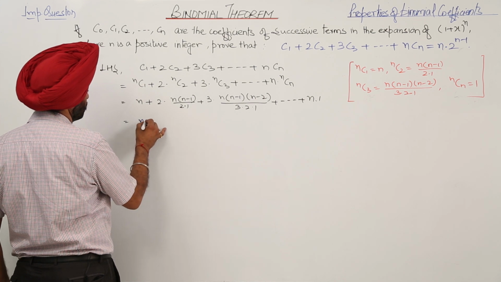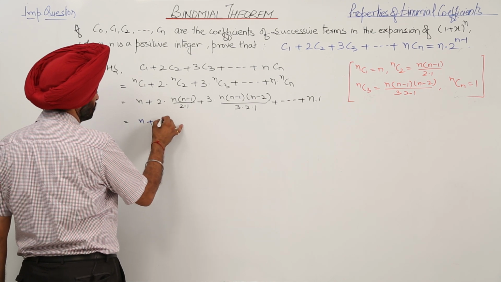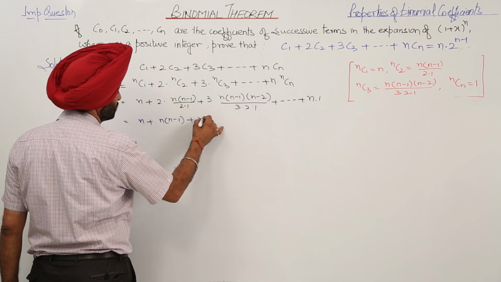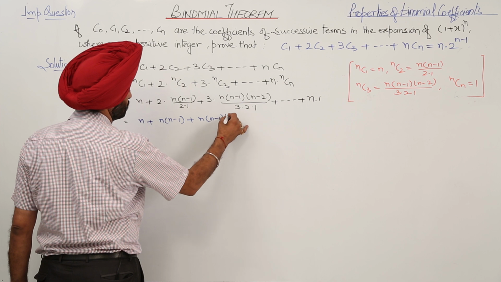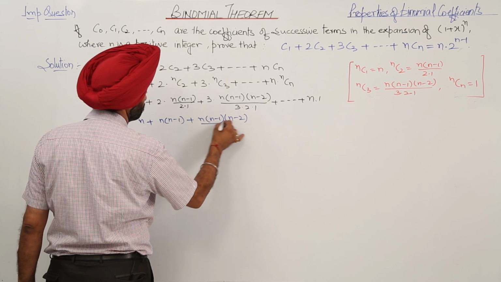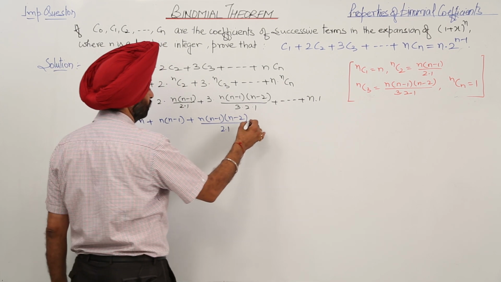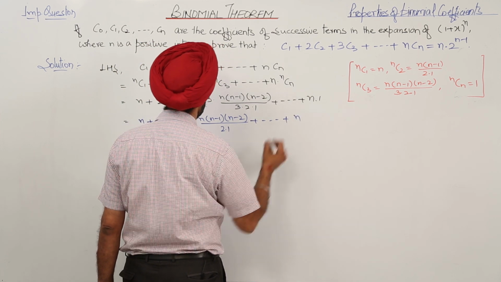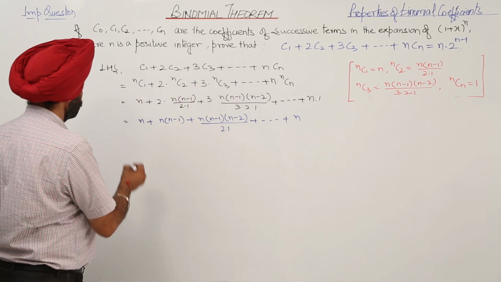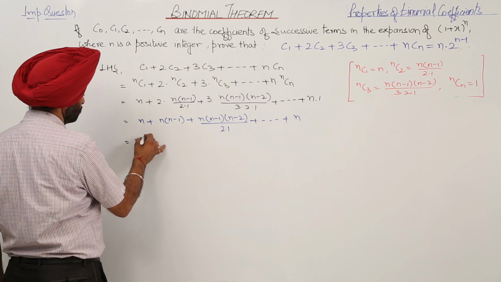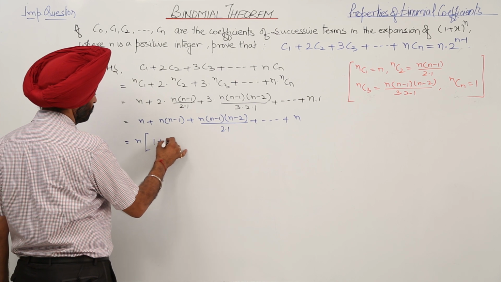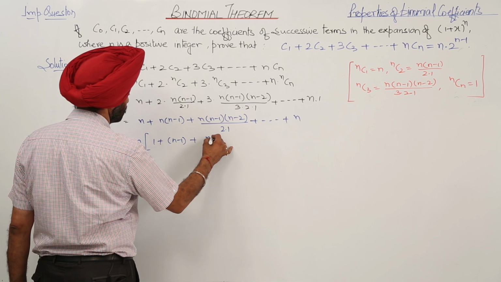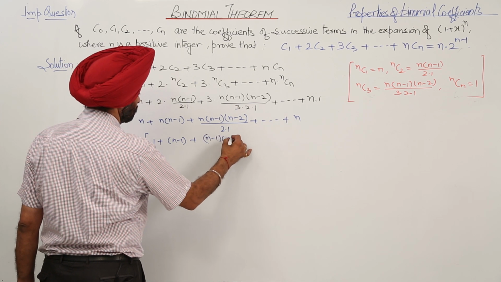Now, this becomes n plus n times (n minus 1) plus n(n minus 1)(n minus 2) upon 2 times 1, plus n. Now, taking n common, we are left with 1 plus (n minus 1) plus (n minus 1)(n minus 2)